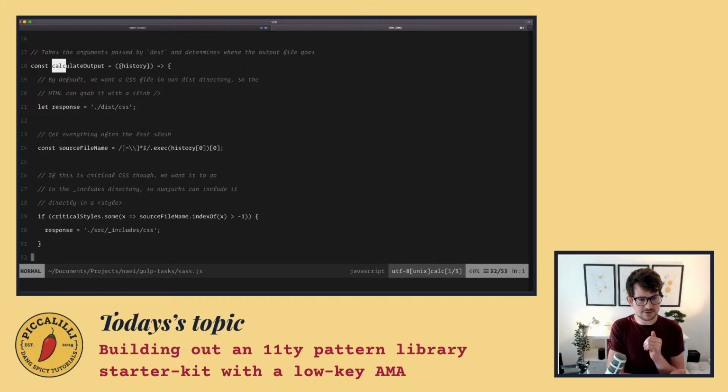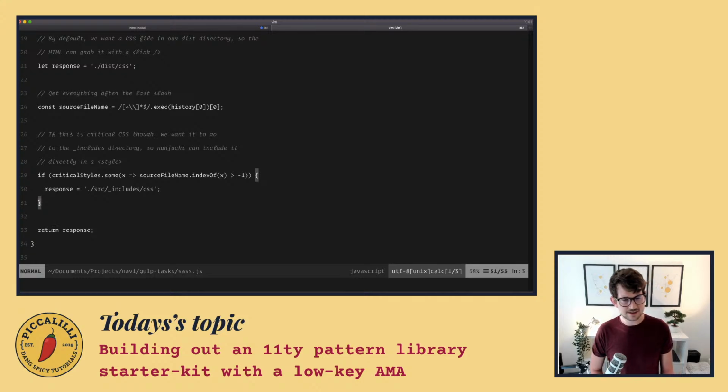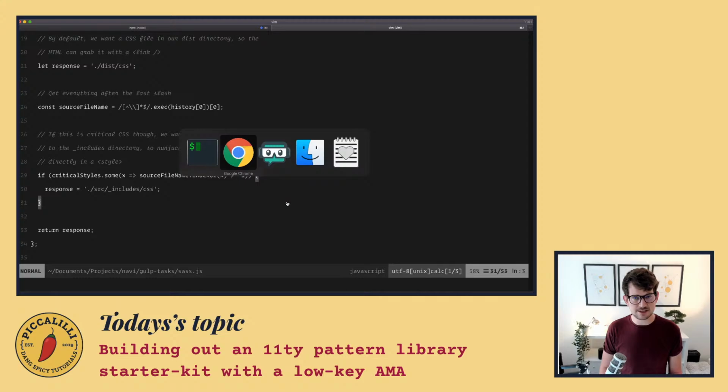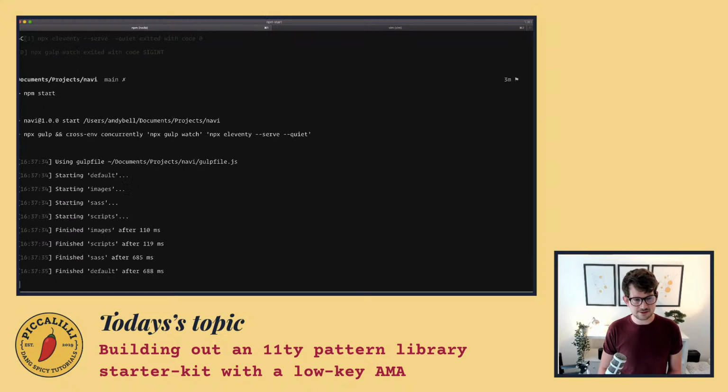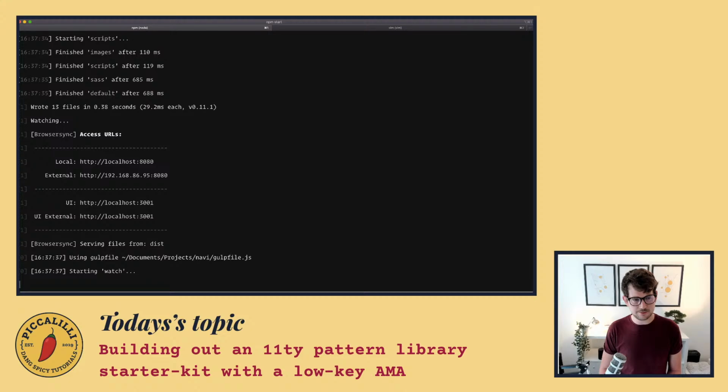Yeah, and that's working. So it's picked up site CSS, the one that we were just working on, as a critical style, and it's sticking that in the includes directory, so then I can inline it in the base layout, which is fine. I could do that with the global CSS as well, which is actually what I think I was doing. In fact, yes, that's what it was. But that's also quite confusing for people. So now